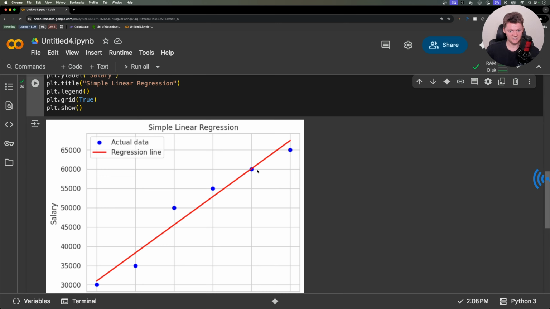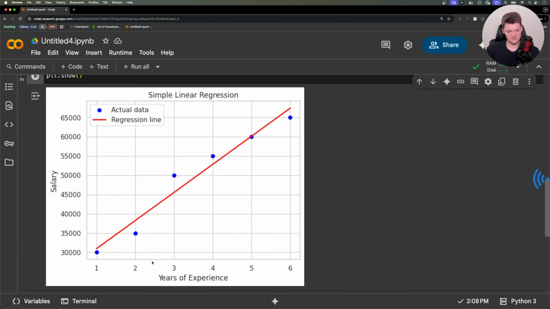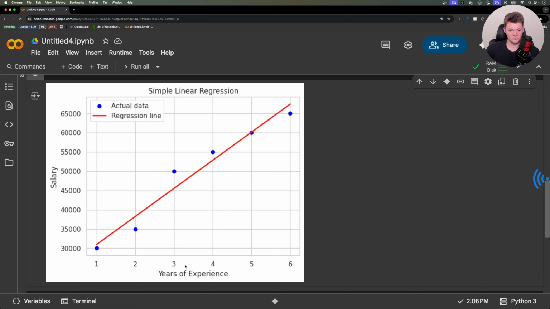So here's our actual data, these blue dots, and here's the regression line that would predict. Say you had 2.5 years experience, your salary would be somewhere in this range, which would be about maybe 42,000, something along there. Or say you had 4.5 years of experience, then your salary would be around